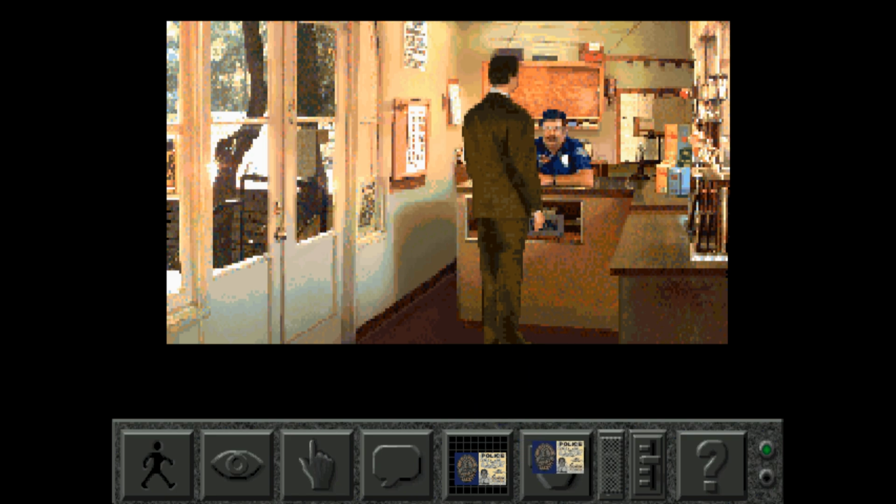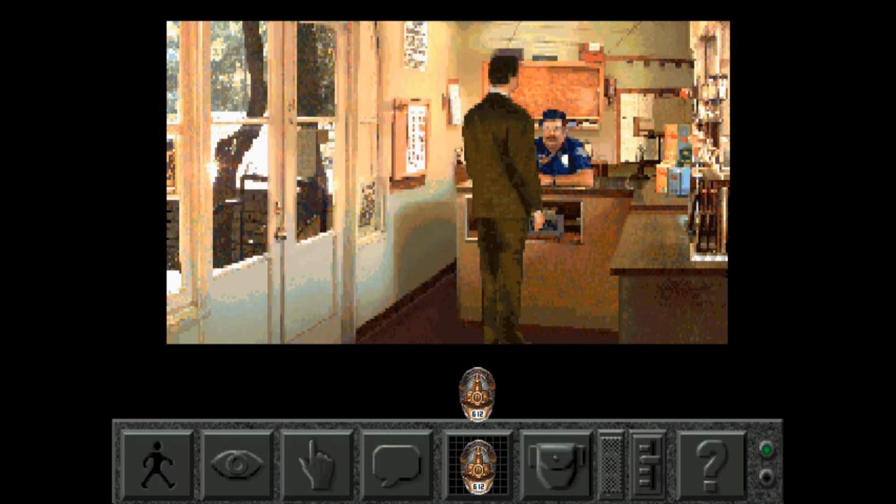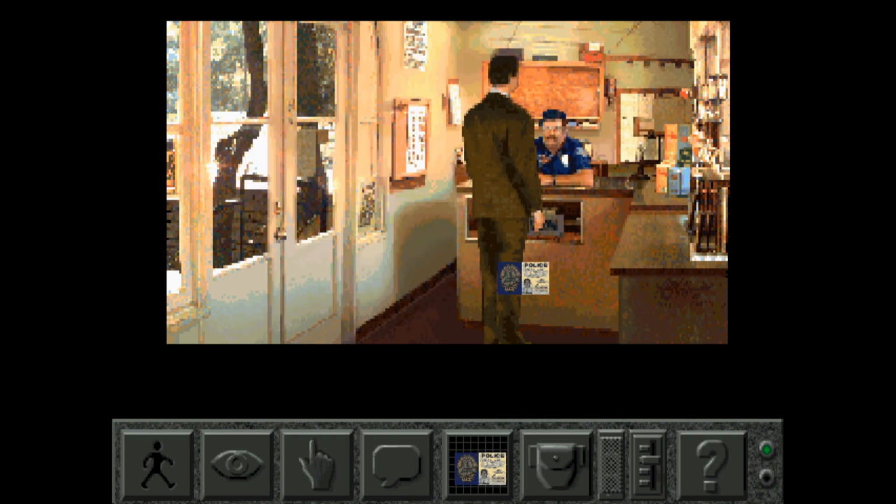Well, that there's the official way, but you don't need to ID with me, partner. I know you. Partner, I know who you are. Remember, you're talking to Bert here. I don't think I had to put this on either. There's no need to wear your Parker Center ID at this time. Alright, so...